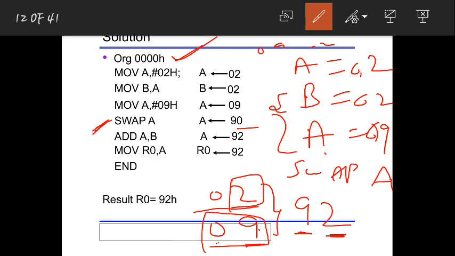So to make that into 92, here he has added A and B, ADD A, B. So if I do this operation, I'll get 92.